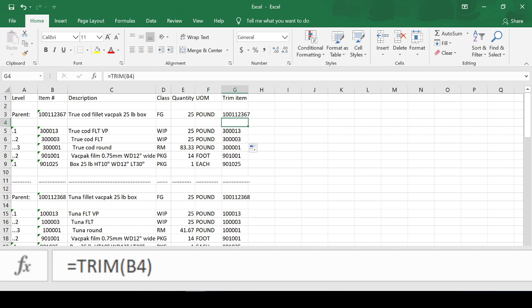So that's how you get rid of extra spaces at the beginning of and end of a cell,